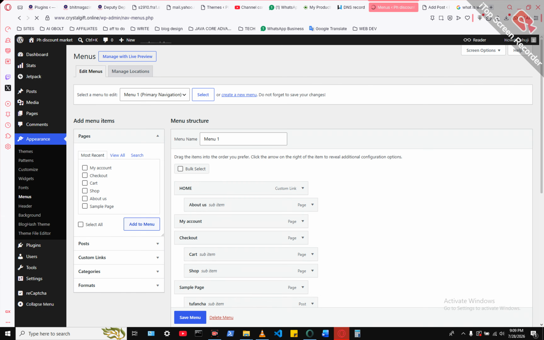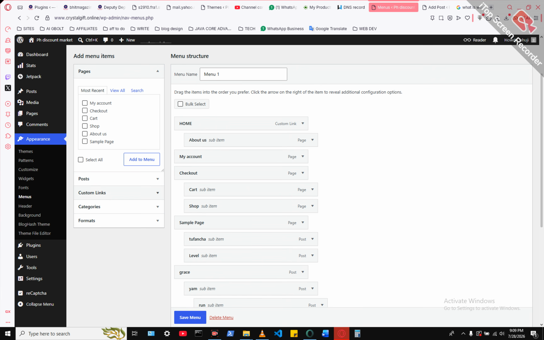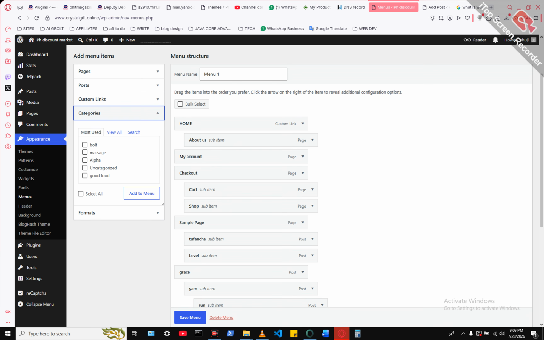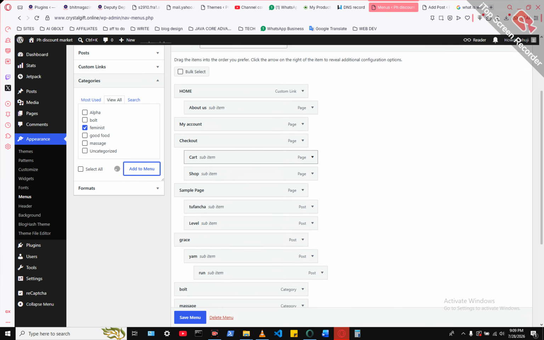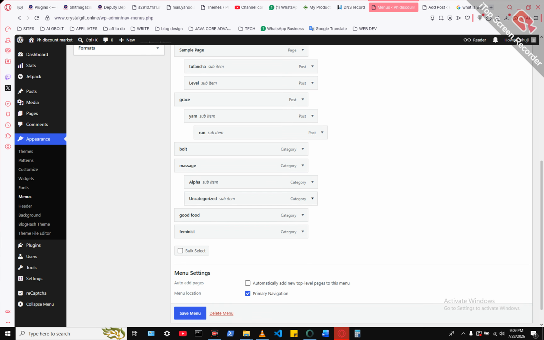Let's take for instance, we have this menu and you want to add a category with an unpublished item, like feminist here. If you add feminist to the menu and click save,